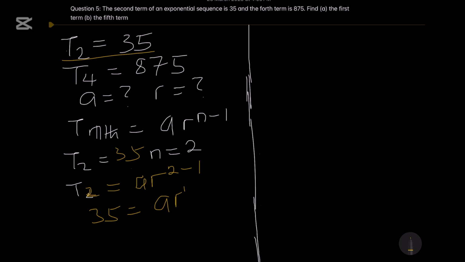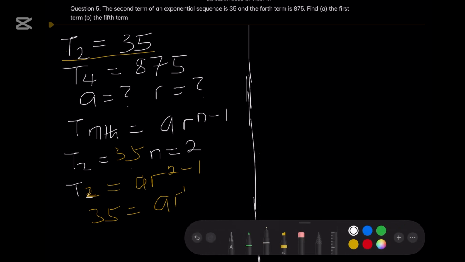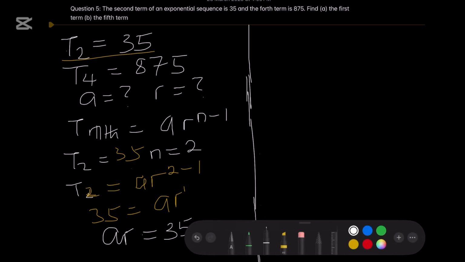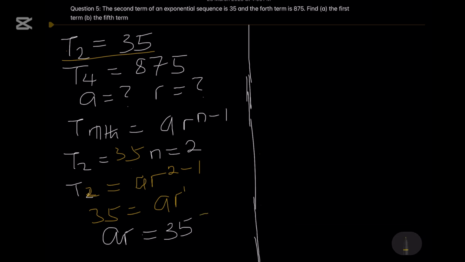So having this, we can term this, let's rewrite the equation, that is ar = 35. So let's call it equation 1, that is from the first. Now let's proceed to the second statement, which says our fourth term is equal to